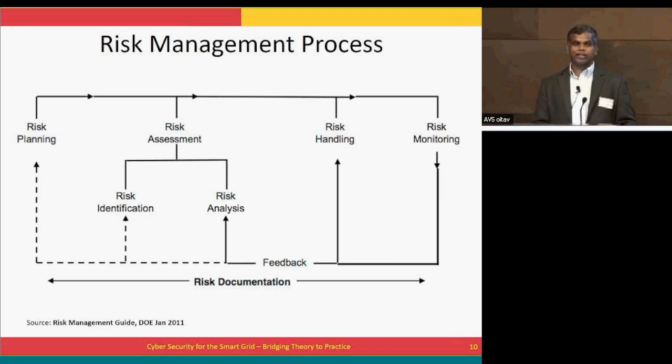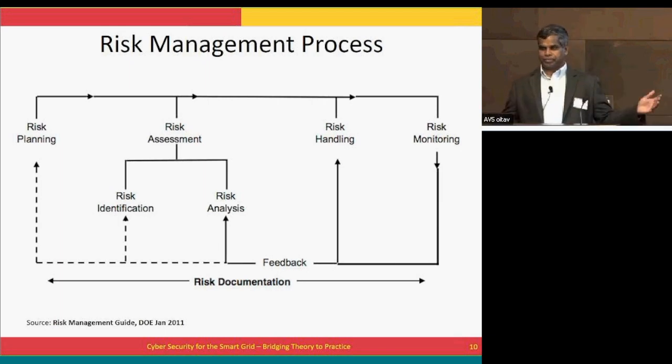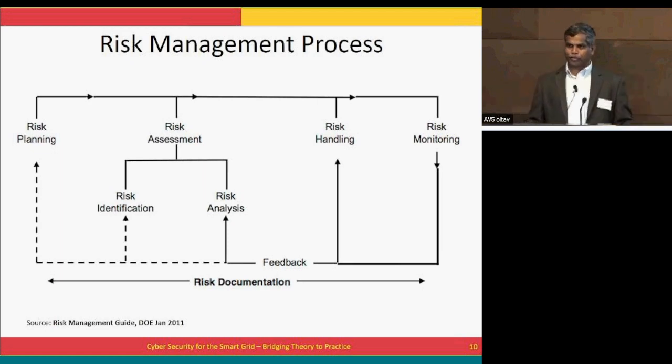So that will cause the risk to be different than what was computed before. The situation has changed, so risk monitoring has to be done periodically. It has to be updated. So it is a feedback loop. That's what you see here. This is a four-step process: risk planning, risk assessment, handle the risk, and continuously monitor whether those risk assessments still hold. If not, redo the risk assessment if there is anything changed. So that is a feedback-based loop.